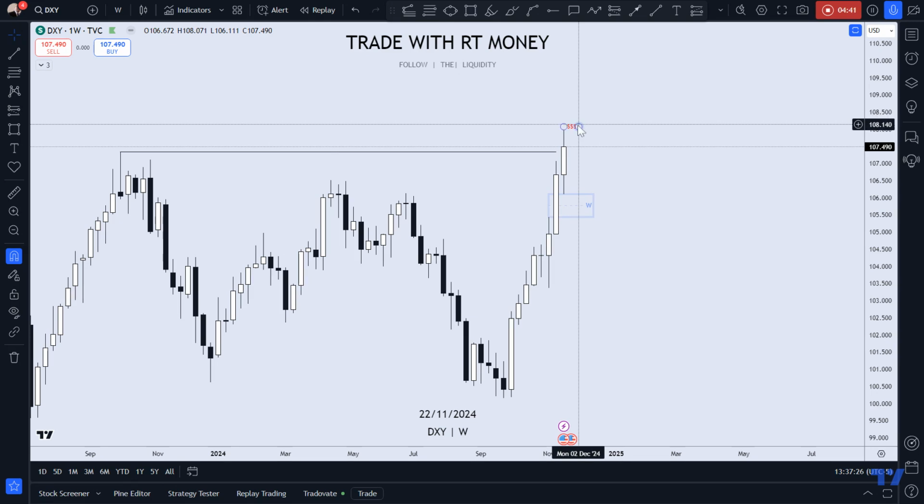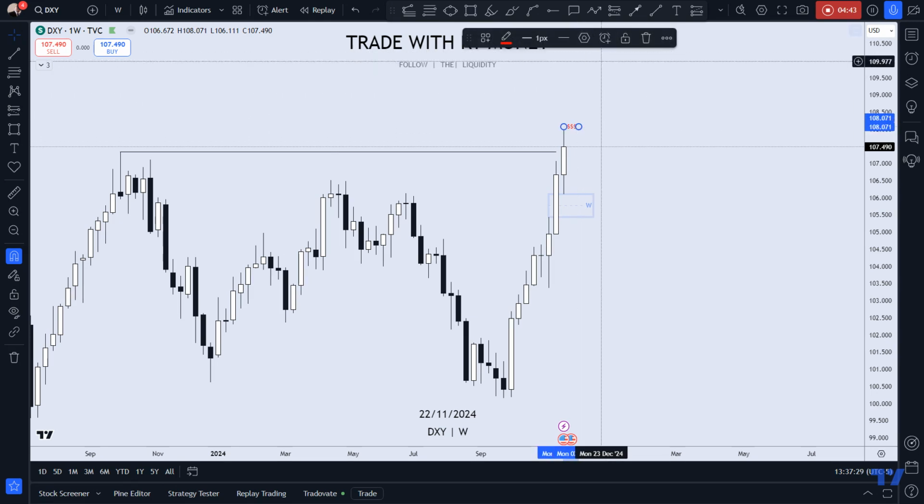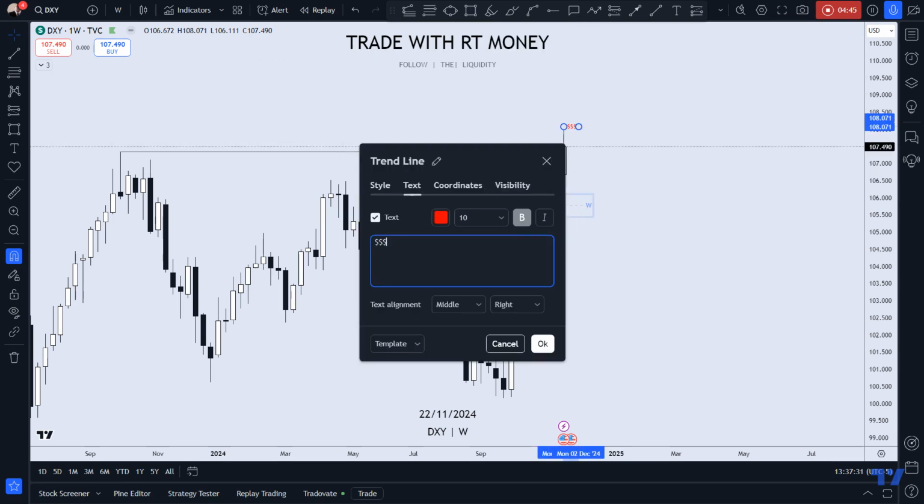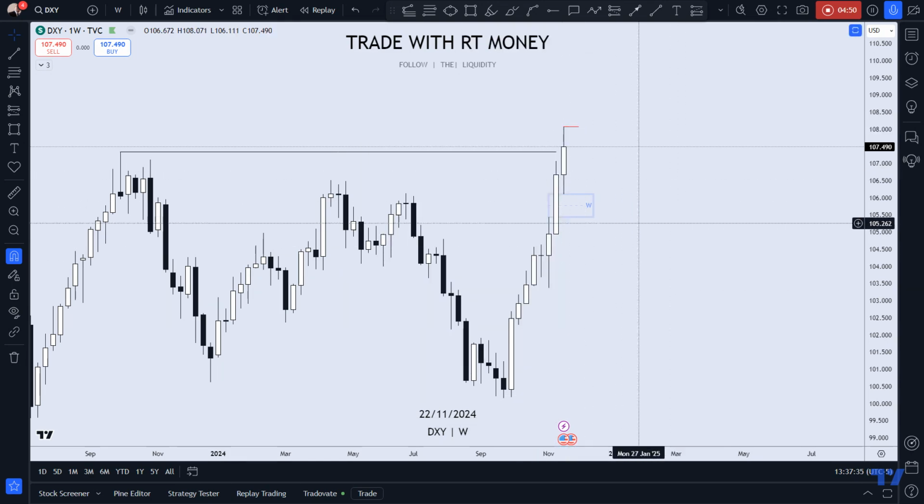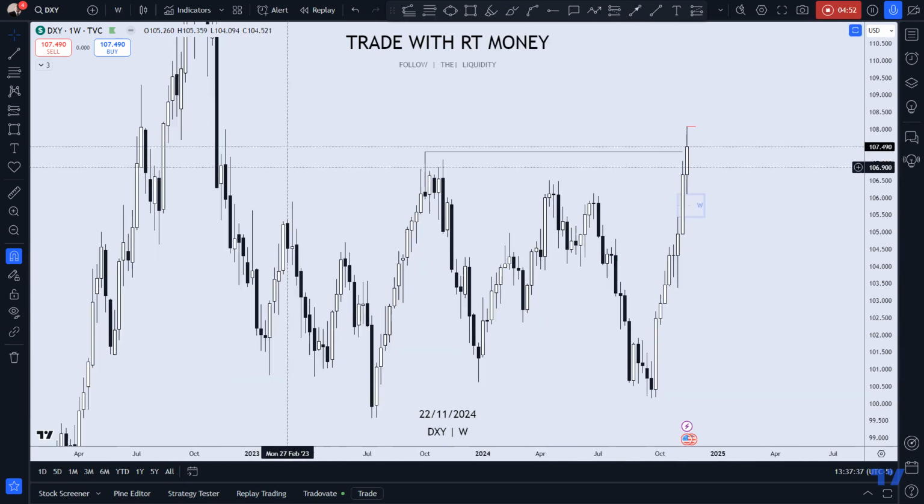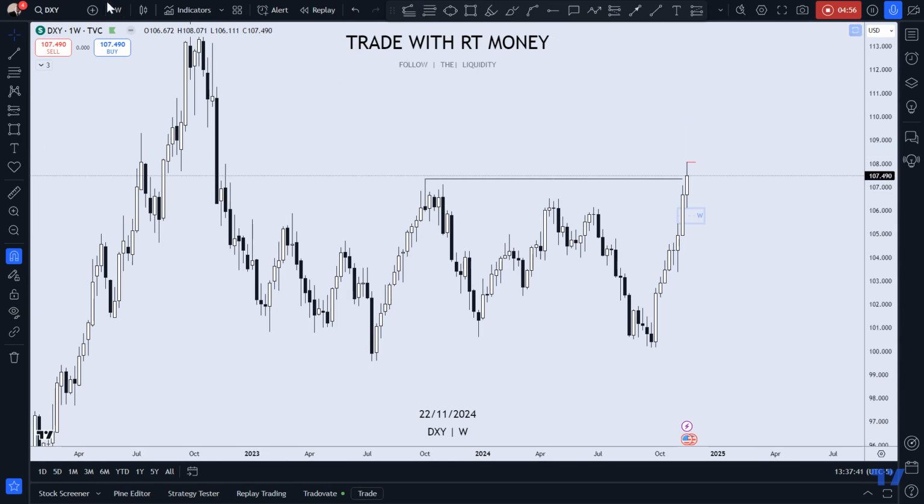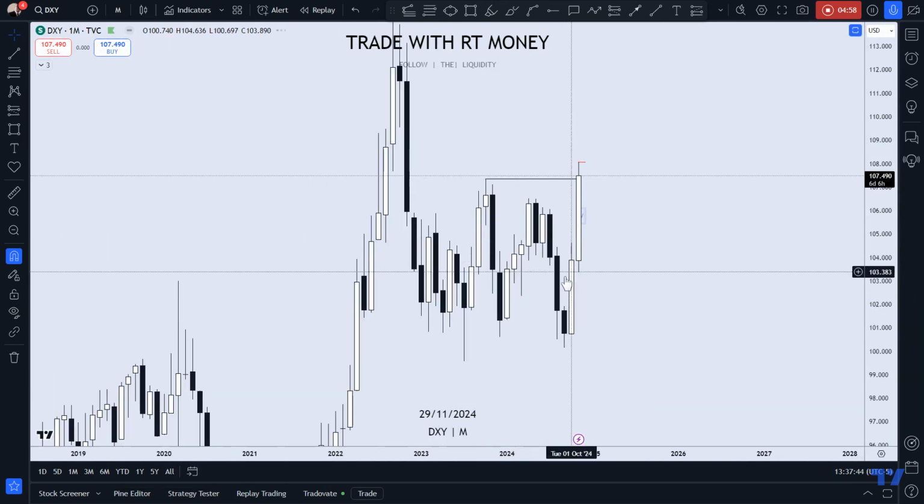All right, so actually, I just want to make that just a regular line. All right, so if we go to the daily, before I leave this, I want you to see something too. If we go to the weekly, the monthly,